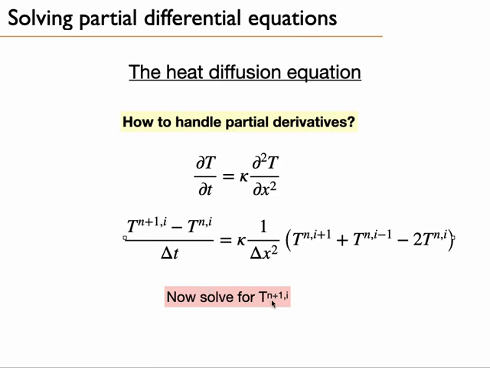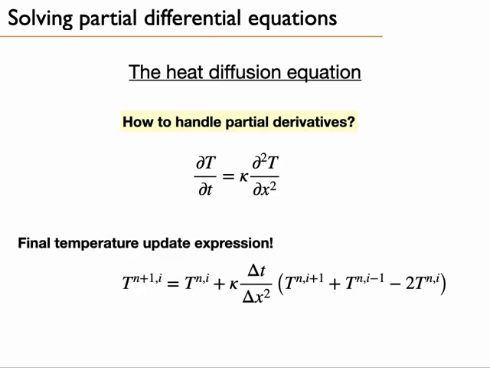So now let's solve for T_i^{n+1}. We basically multiply everything by delta T and get this term to the right-hand side. There you go. You have a final update of temperature. That's how it looks. T_i^{n+1} is equal to T_i^n plus kappa delta T over delta x squared times T_{i+1}^n plus T_{i-1}^n minus 2 T_i^n. That's for the update of